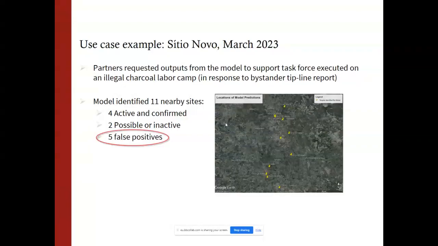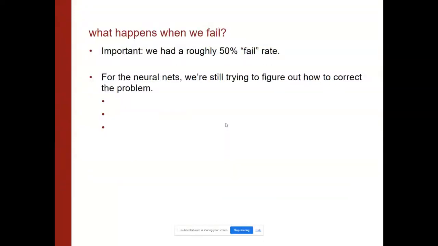And when you look at those 5 false positives, that's a big miss rate, right? It turns out that our algorithm is basically a toddler. Much like a toddler, it learns really, really fast, but it also loves water. It's obsessed with rivers, it's obsessed with lakes, and it will go out of its way to talk to us about water. We can't figure out why it does that. Even when we patiently explain that we would like to look at these sites, it still goes to water. So that's kind of a failure, right? Of the 11, 5 were not what we wanted. That's a pretty high fail rate.